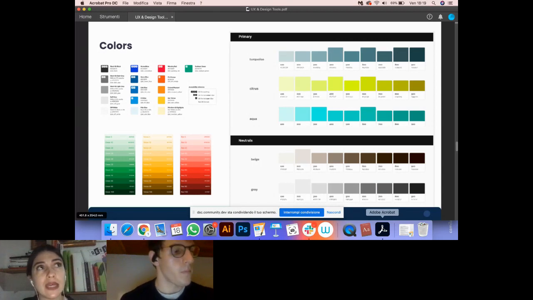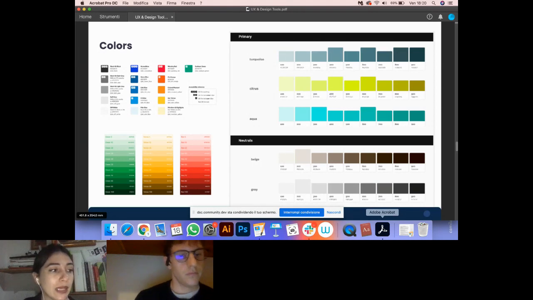For example, our app could have a light version and a dark version, and blacks, grays, and whites are an important palette to define in this step of the project.